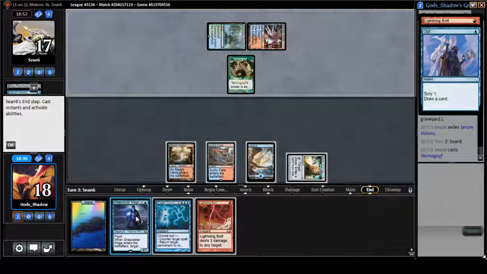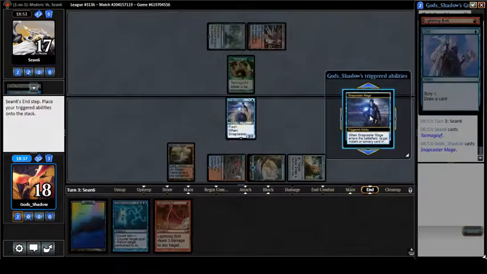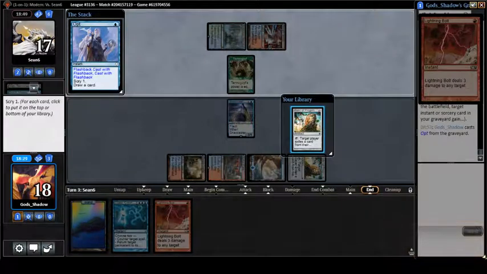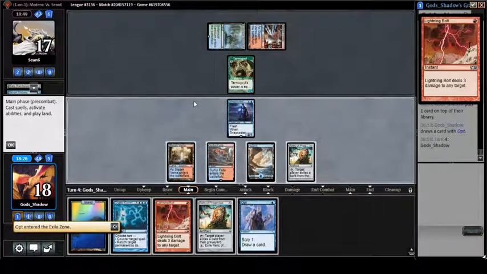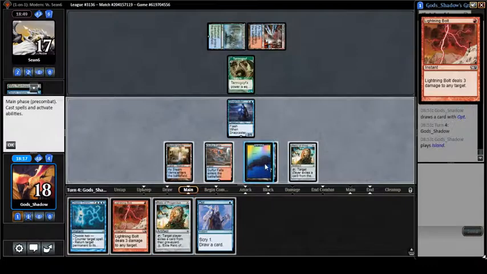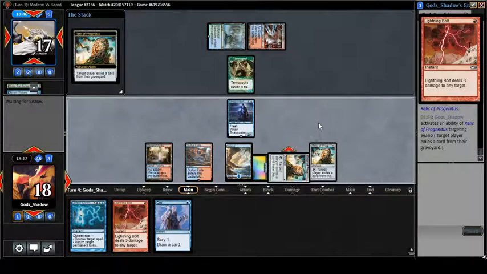So I think we go Snapcaster Opt to generate a little bit of card advantage here. Find another relic, which is perfect. Because now we can go 2 cards in his graveyard. Both are relevant. Therefore we just go another relic. Exile both of his cards and then kill the guy with Outburst. Because then instant is the only